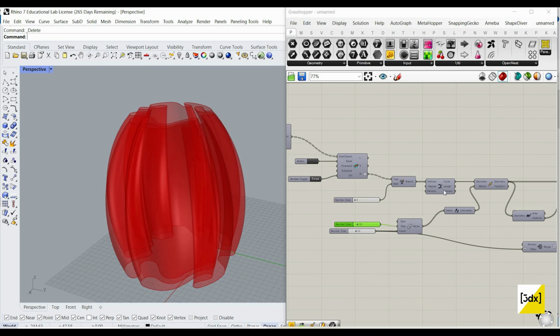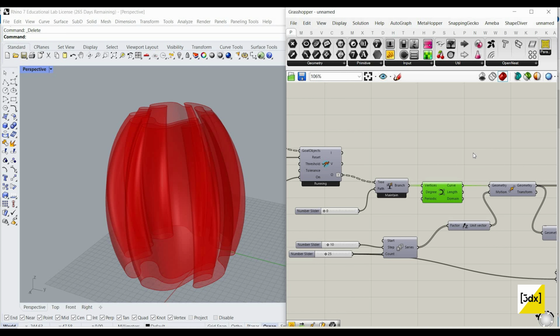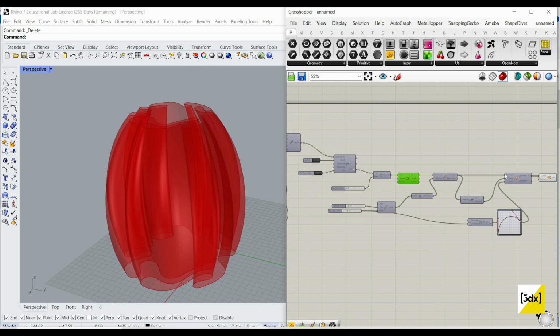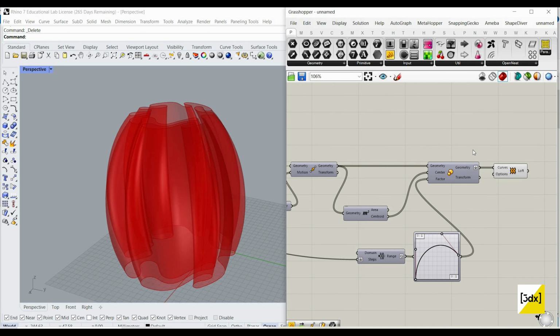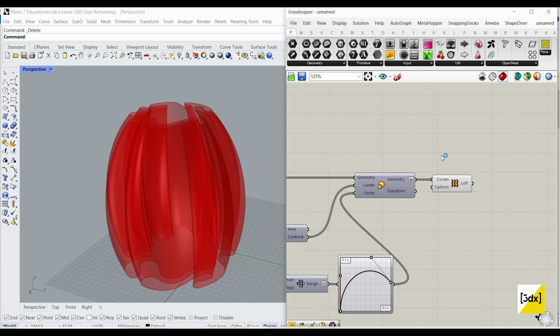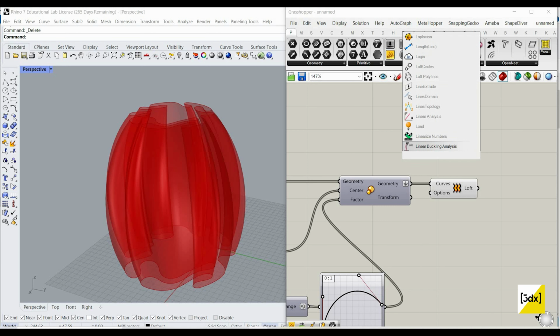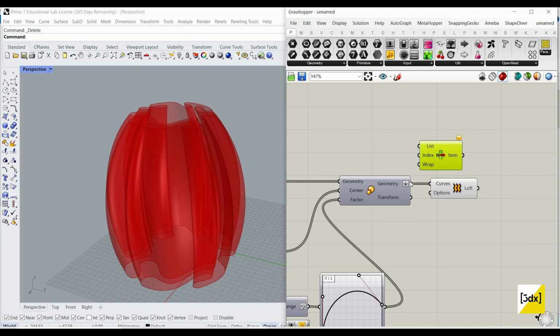And now let's say, okay, this is a curve. Let's take the center list item and minus. Okay,